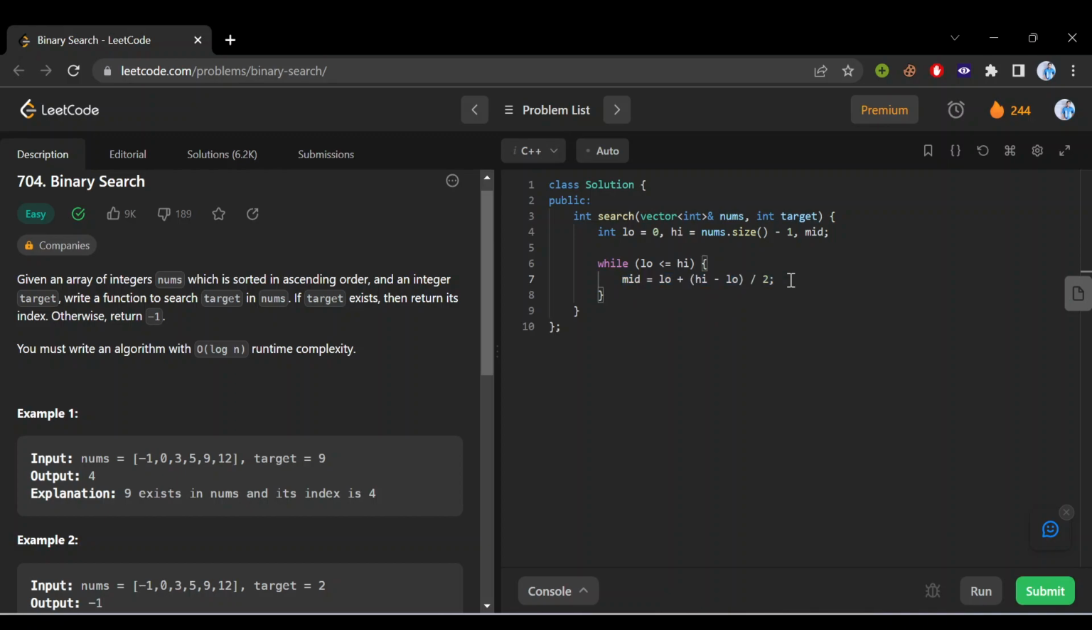And after this, now you have this one condition, and that is if nums of mid is equal to the target that you are looking for, then you will return that index, because mid is basically the index. Else if nums of mid is smaller than target, if the value is smaller than the target value, then